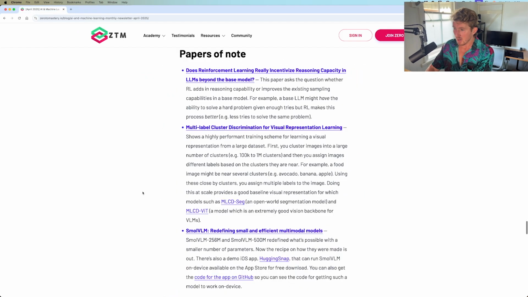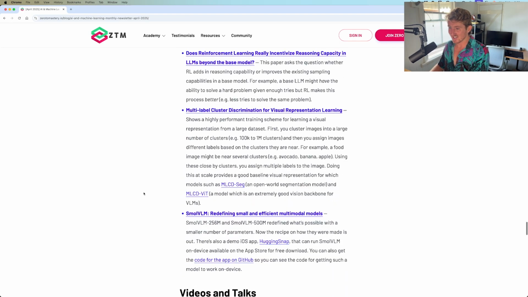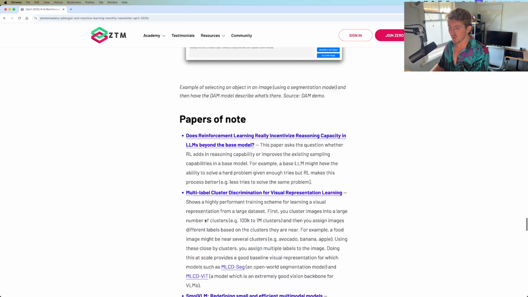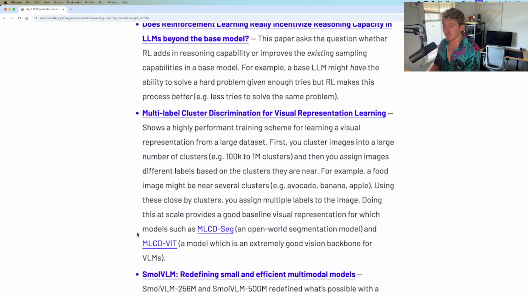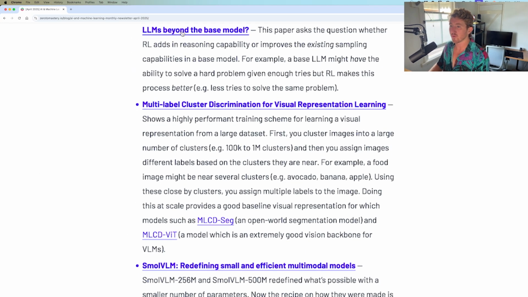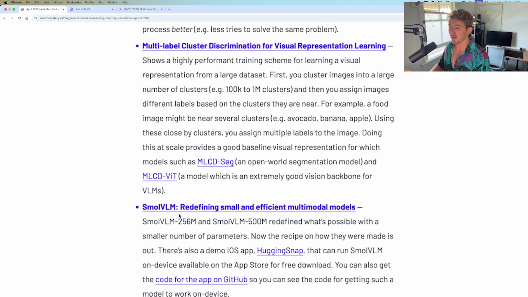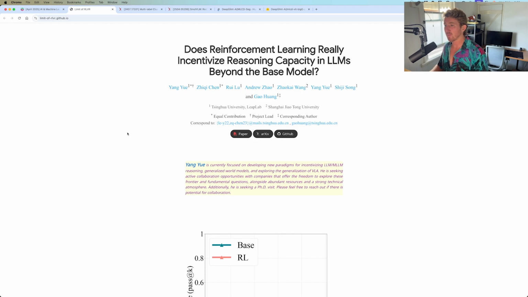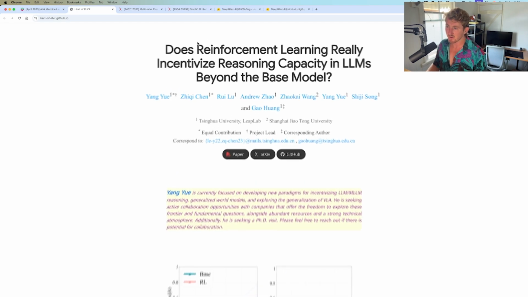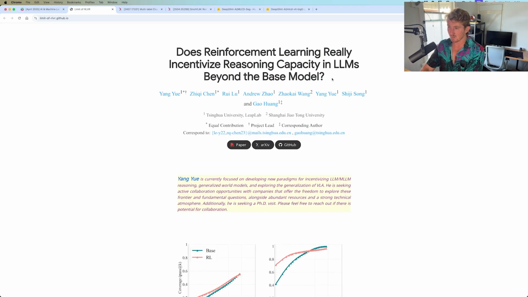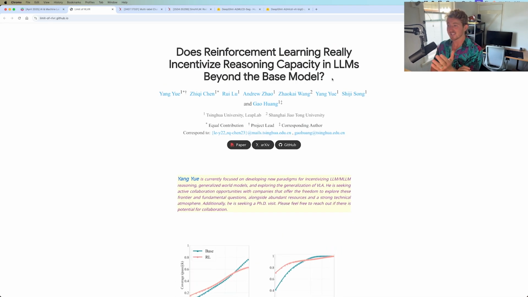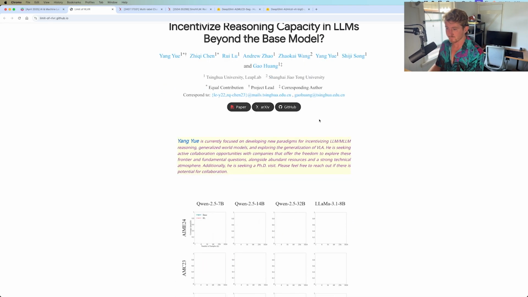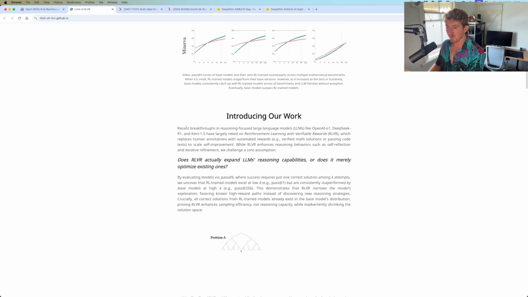And if we go, we are now up to the next section, which is papers of note. And then finally, we have videos and talks. So we might do a triple threat on these papers here. We have 1, 2, 3. And we have ML, CD, SEG, and VIT. So this is a great paper on the limits of reinforcement learning. So does reinforcement learning really incentivize reasoning capacity in LLMs beyond the base model? So if we go through here,